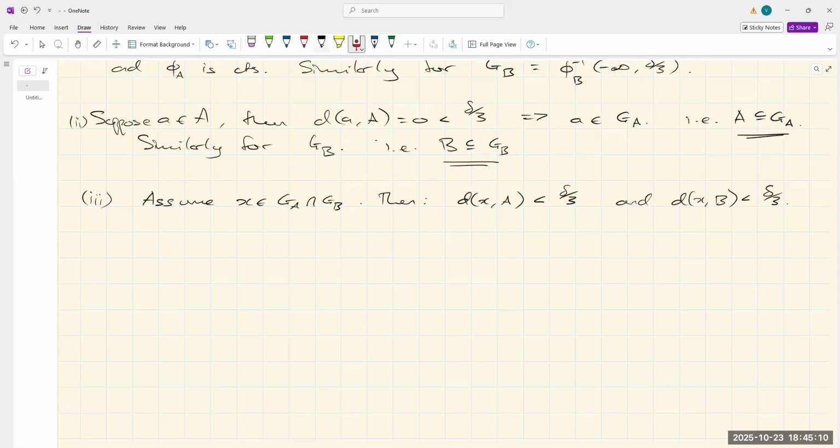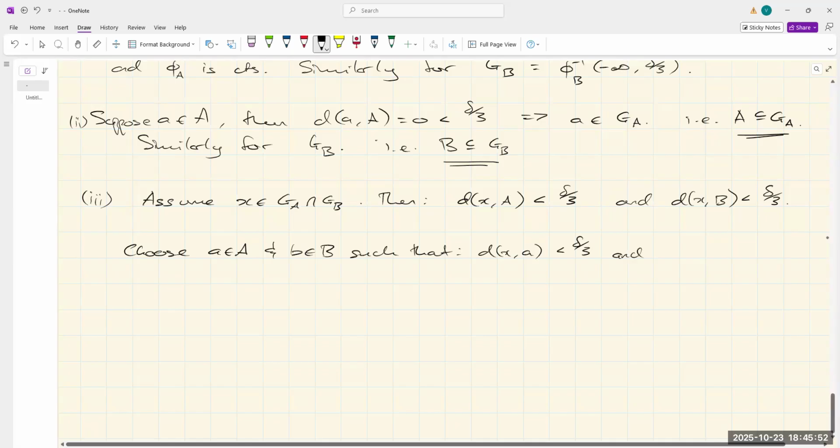Okay, so what I'm going to do now is choose a point a in A and a point b in B such that the distance between x and a is less than delta over 3, and the distance between x and b is less than delta over 3. Okay, so by triangle inequality,